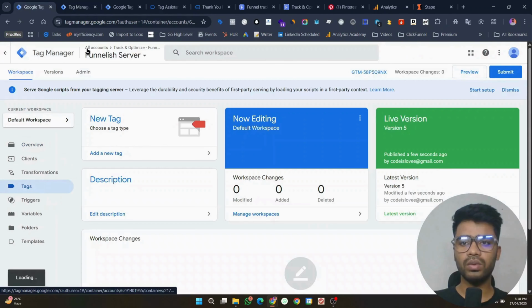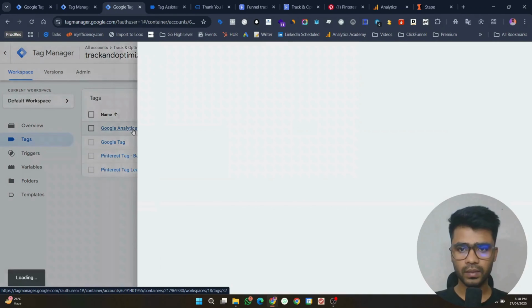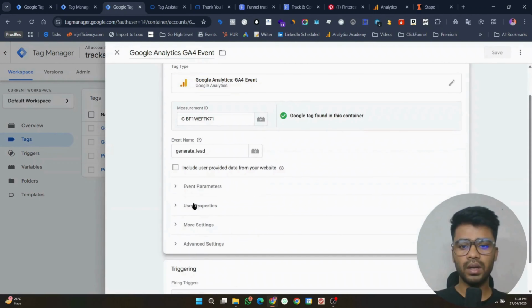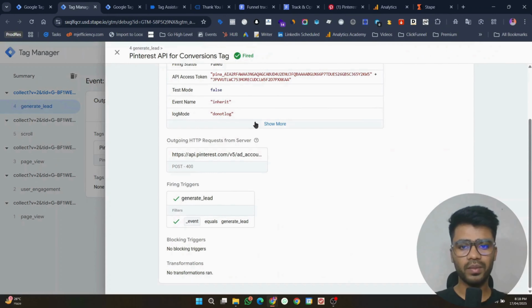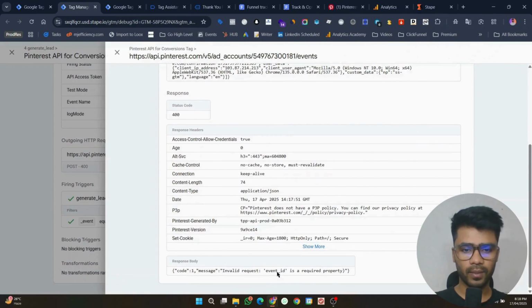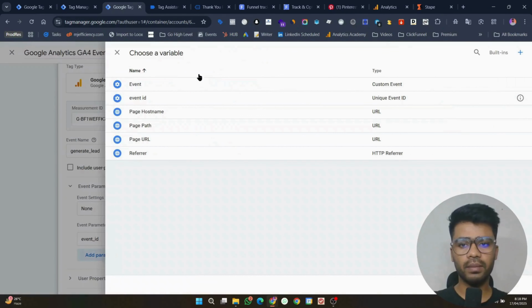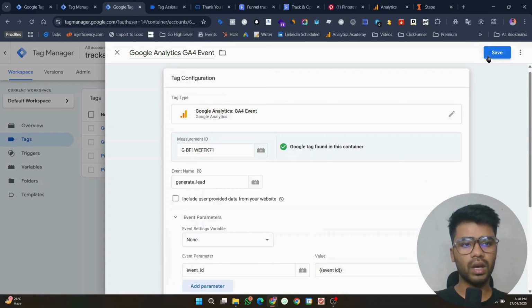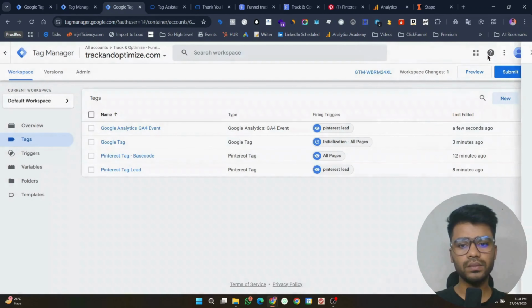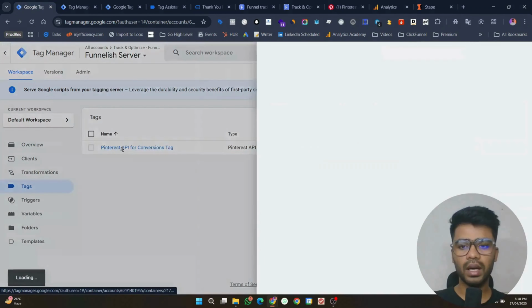So for now we can send it from our browser side. Analytics for event. Event parameters, it should say event ID. I would just copy that from them directly. Copy, paste, and we already created the event ID variable in our deduplication video for Meta. You can check that. So now I would save it. Publish, yes, publish, and here I would add a parameter